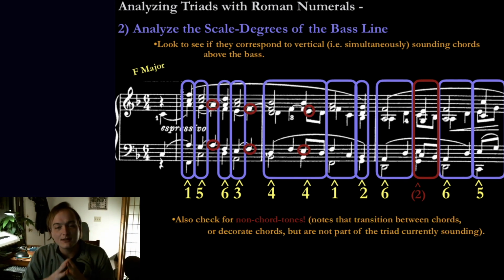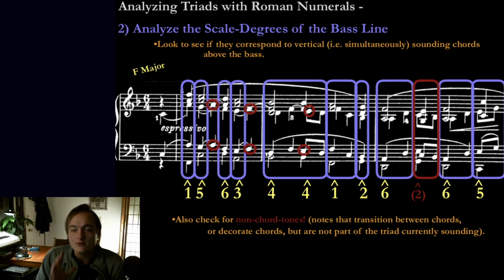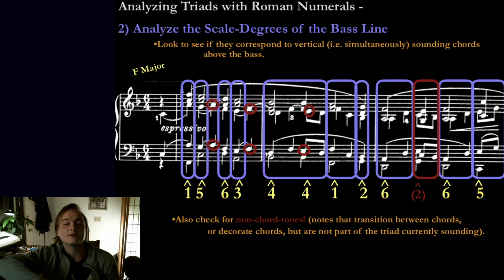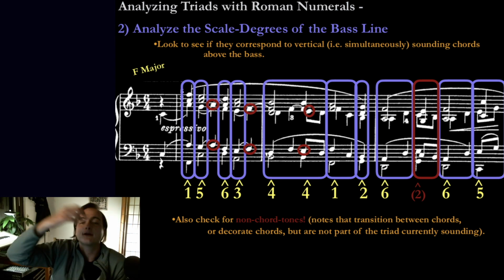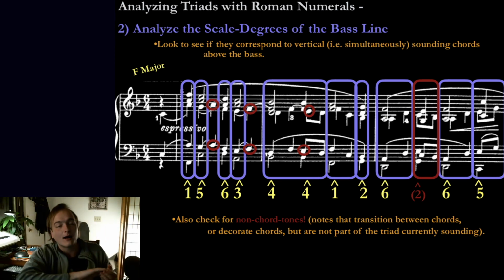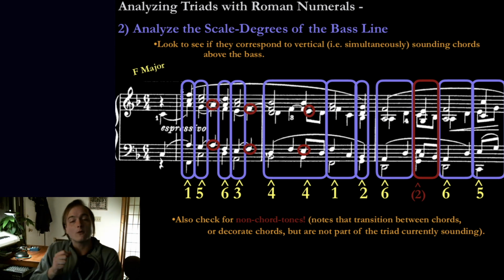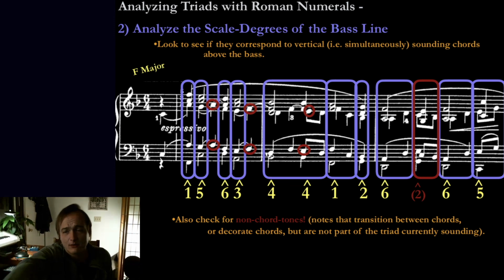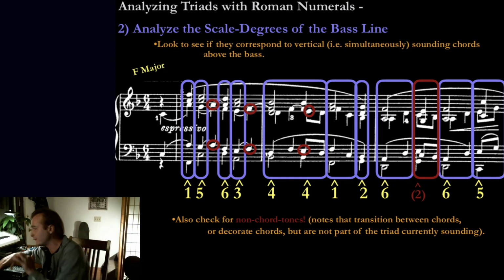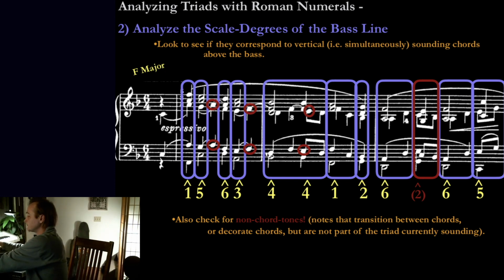Remember that I mentioned that these moving notes are what are called non-chord tones. Non-chord tones are just notes that transition between chords or decorate chords. Think of what I said earlier about how a melody flows in and out of the harmony. It may sing with the chord or it may sing out of the chord. Non-chord tones are just those that are not part of the currently sounding triad. So the best example is right there in the middle with the two chords built on scale degree 4. After we get there,